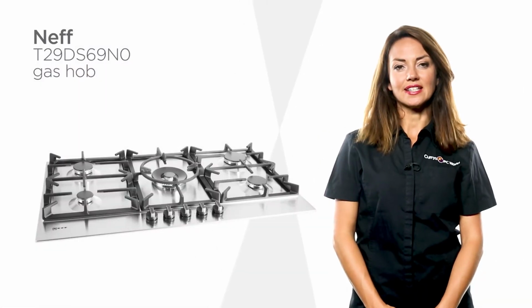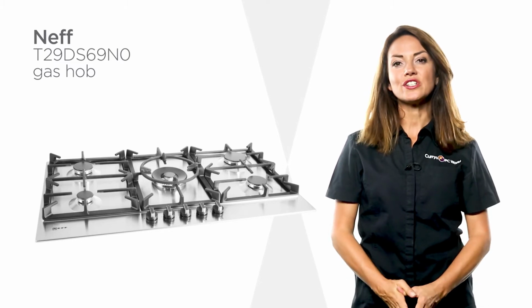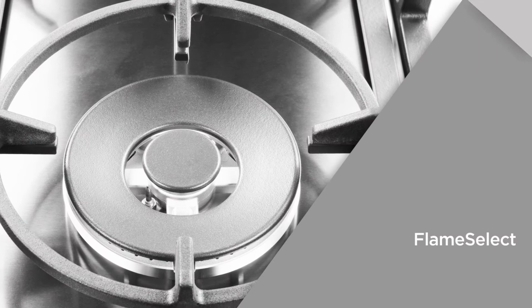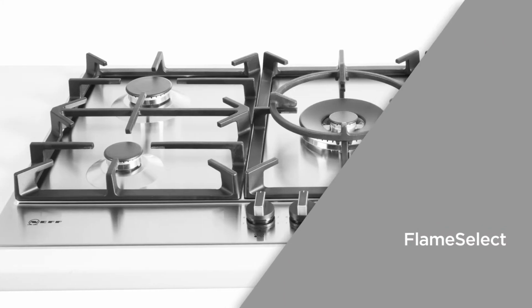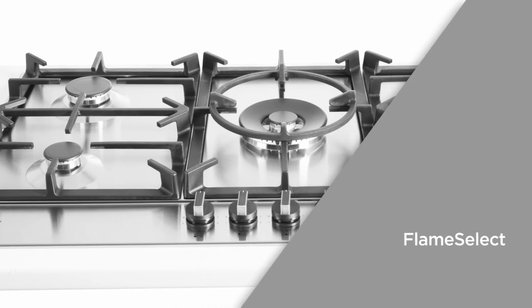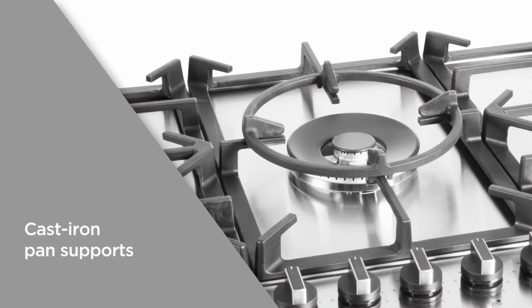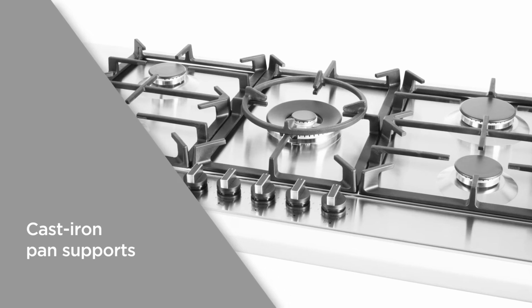This sophisticated gas hob from Neff comes in a sleek stainless steel design, which is sure to make a great focal point for any modern kitchen. With FlameSelect, you have complete control over the flame, which can be adjusted between 9 different power levels for precision cooking, whatever the dish. The cast iron pan supports provide additional stability for pots and pans, preventing nasty falls or